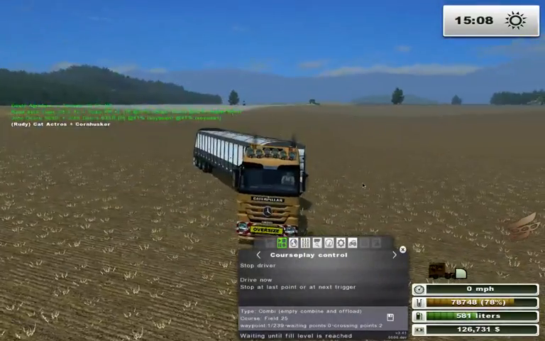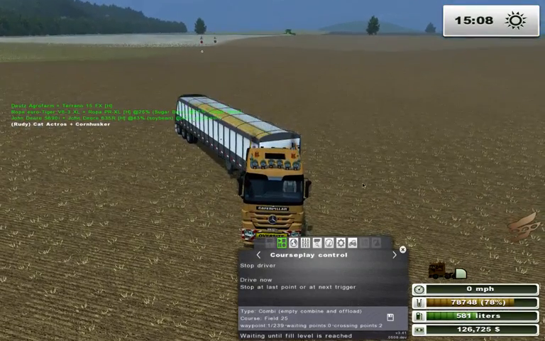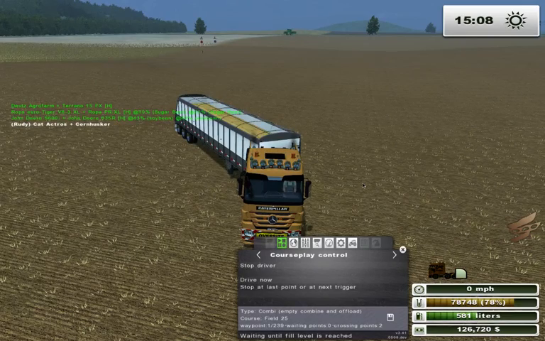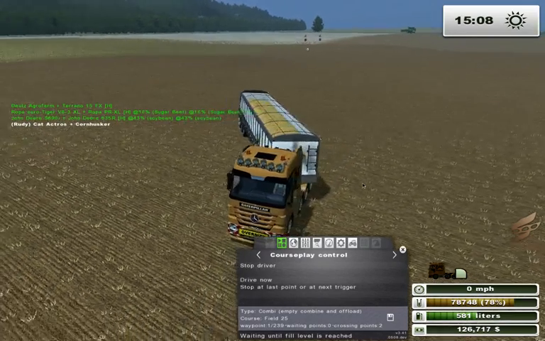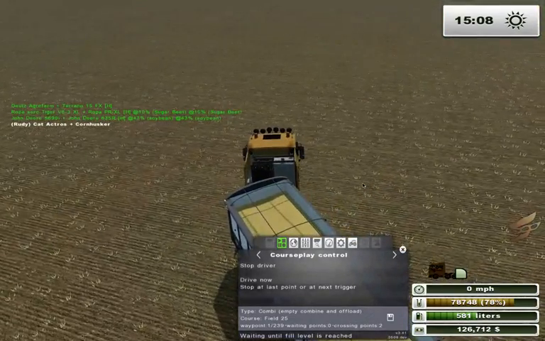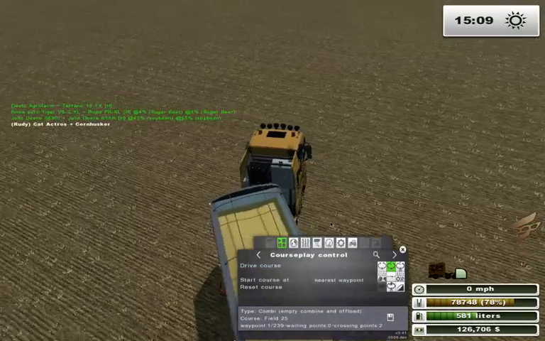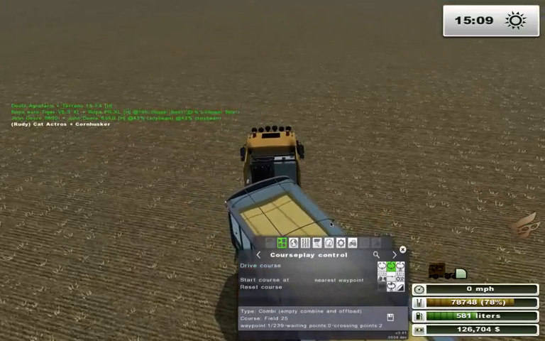My luck, it's going to be auto combine. And you know, the only problem I have with auto combine, and it's probably because I didn't take enough time to mess with it, play with it. But the truck and trailer, or tractor and trailer, whichever you're using, after getting the grain from the harvester,